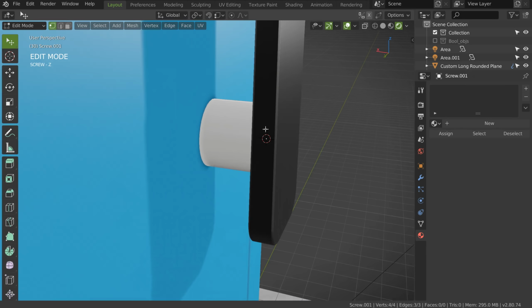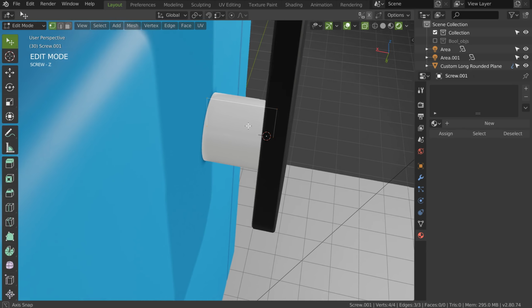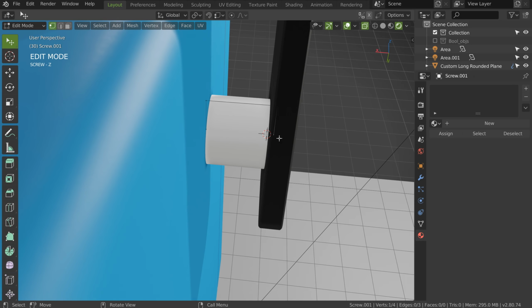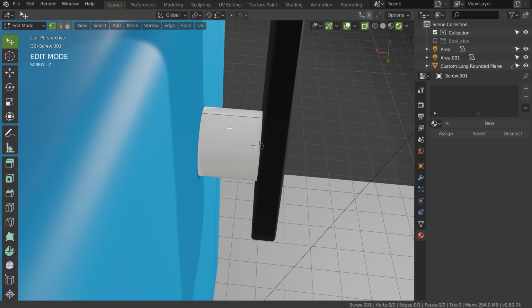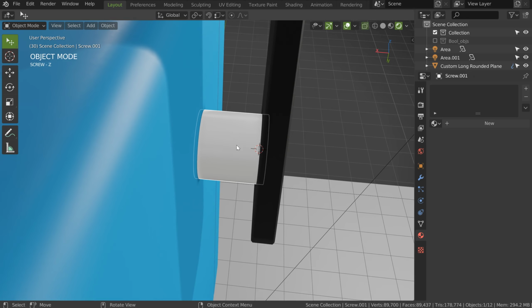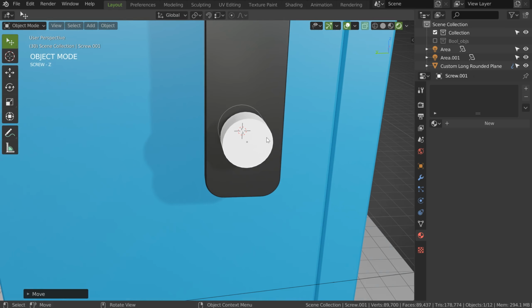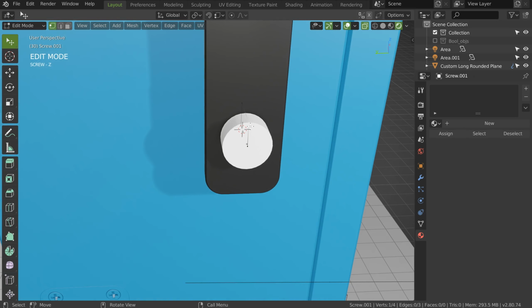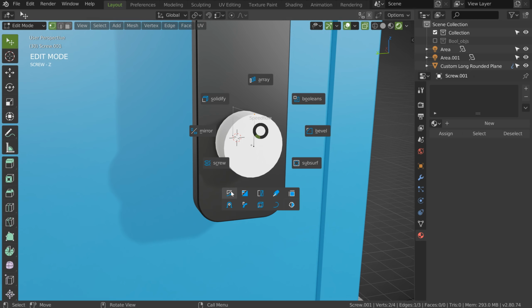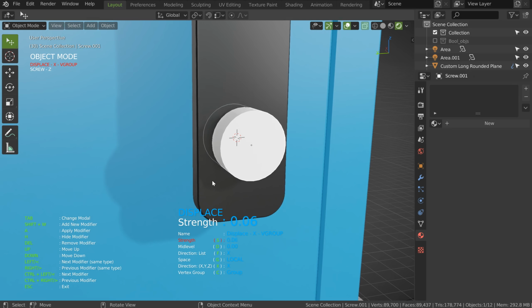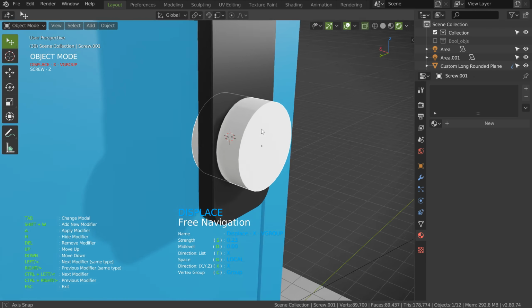Let's check in edit mode to see what we have. Yes, this one will be okay. So what I will do is to remove those two, delete vertices, or not, because in fact this one will serve us to make a boolean here. So I will edit it. I can add a displace, in fact. So with the displace I will be able in object mode to see the result.